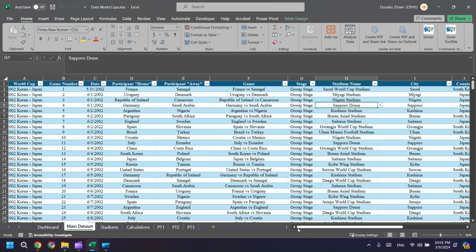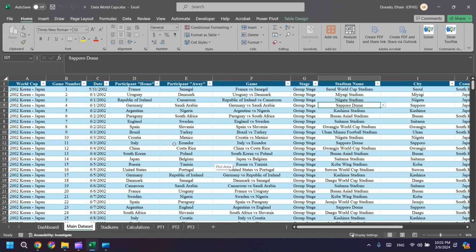Anyway, as I was going through the project, I realized that the World Cup that happened in 1998 in France was also played under this format. So to improve this project, I could add the games for the World Cup in France, since it was also played under the current 32 team format with 64 games. That is going to change in the coming World Cup. The World Cup is going to expand, it's going to have more teams. I'm not sure how I feel about that personally, but going back to the project,